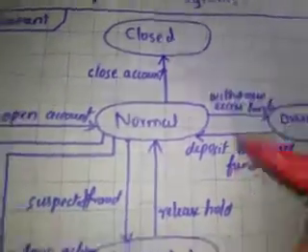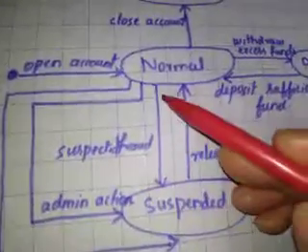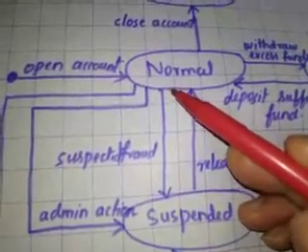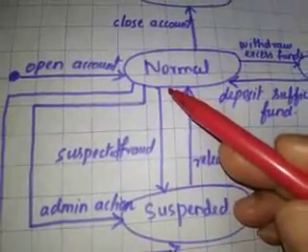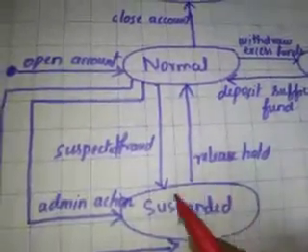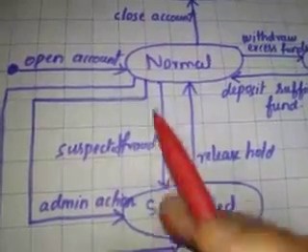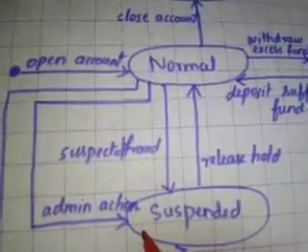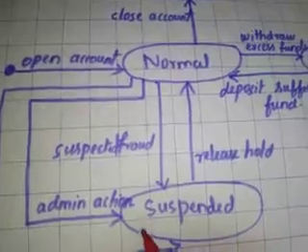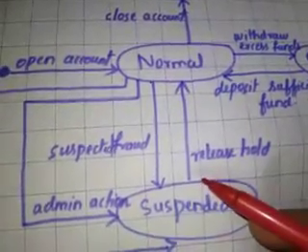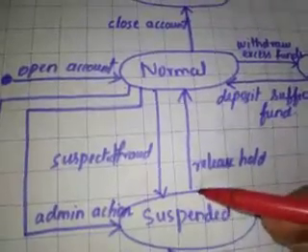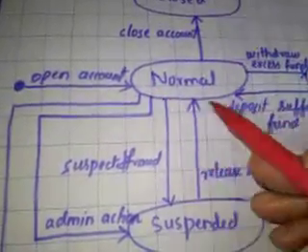closed state. Similarly, from the normal state, if the bankers or the administrative people suspect that some fraud is happening, they may suspend. This suspension can be an administrative action taken on the customer to suspend the account. So when the case is cleared, they may release the hold and it may move back to the